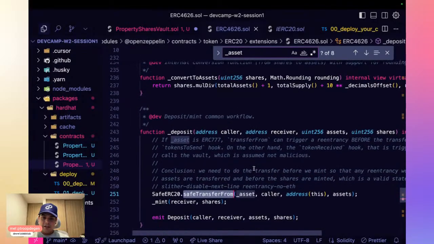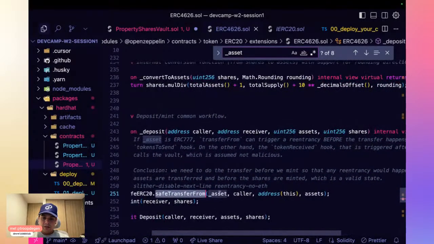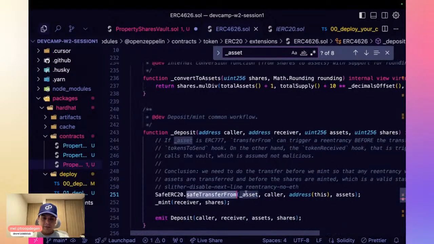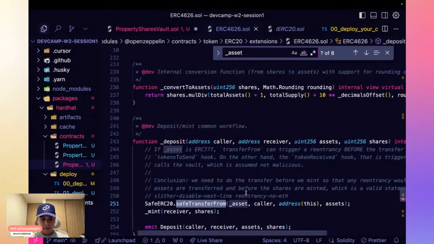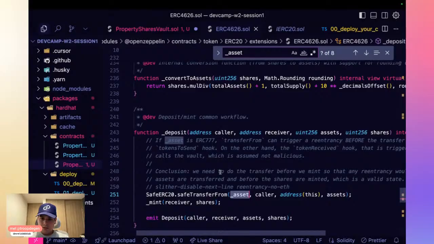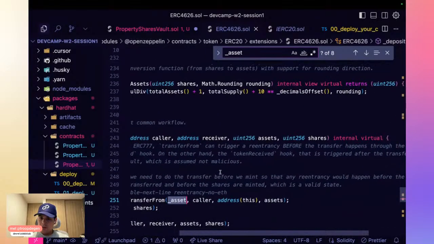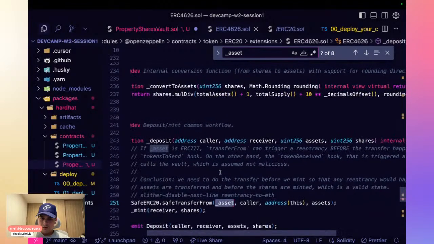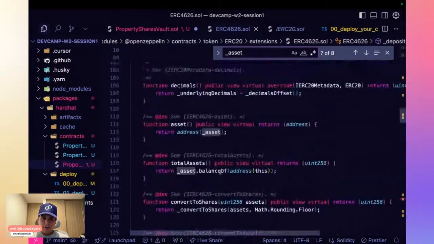You can see that we are transferring from the asset. The asset is on top here, right? Yeah.